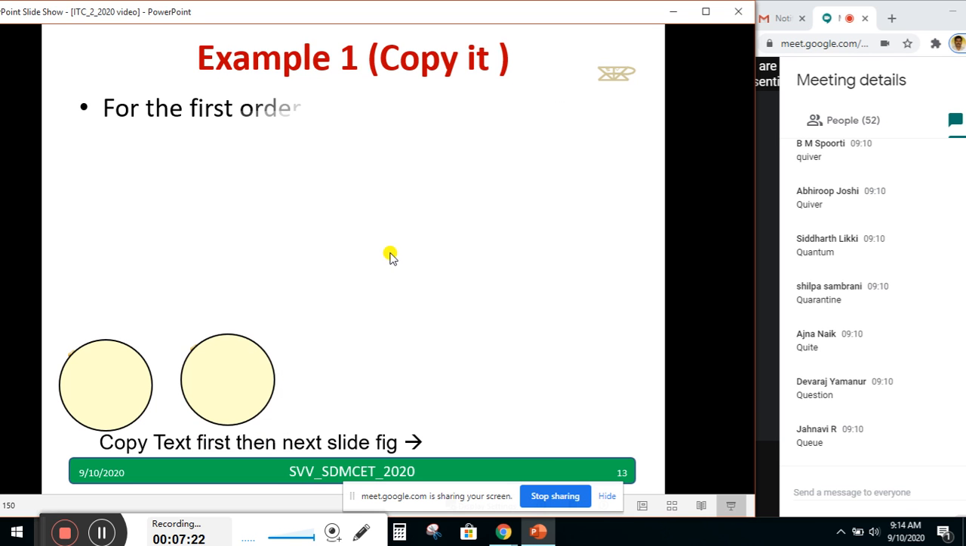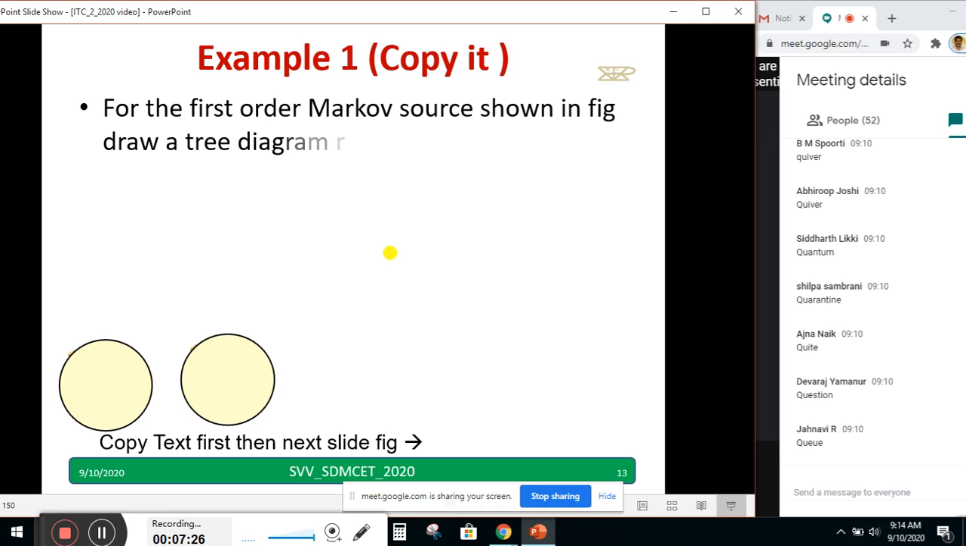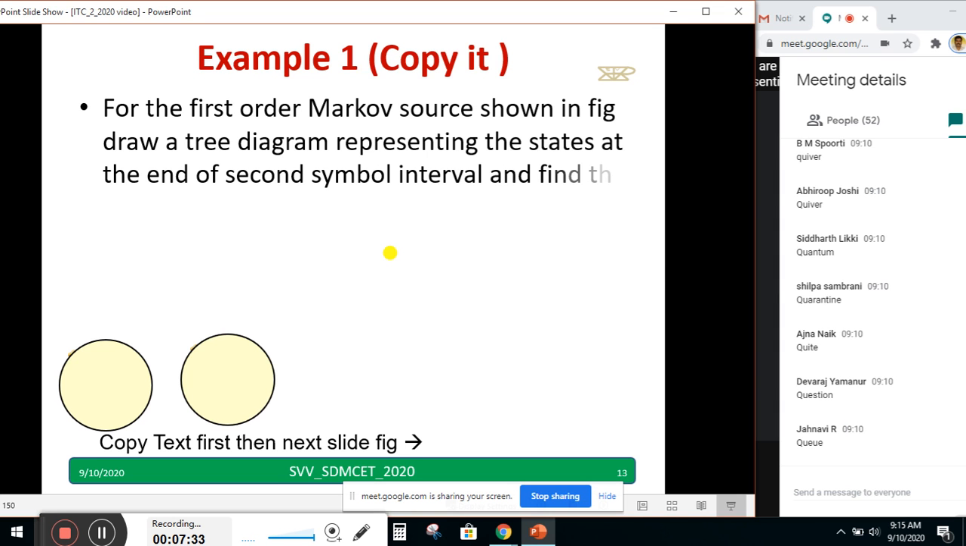Now, for the first order Markov source shown in the figure, draw the tree diagram, copy down this, representing the states at the end of a second symbol interval and find the corresponding probabilities. I repeat, you can copy down. For the first order Markov source shown in the figure,